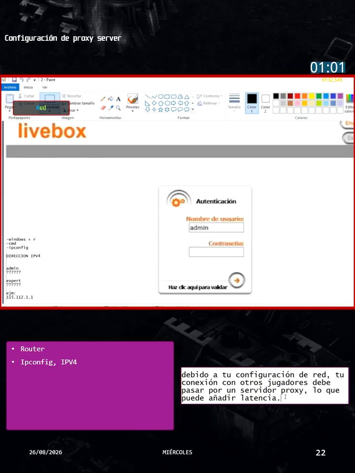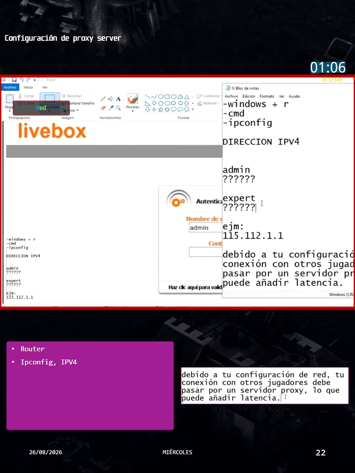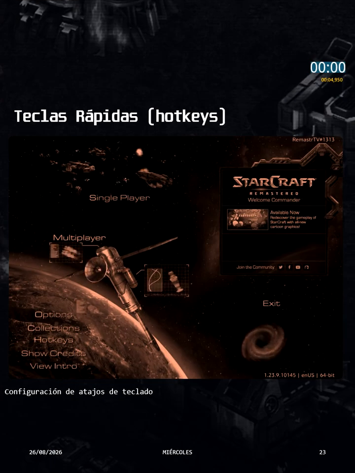Usualmente este punto es un poco más complejo. Aquí tenemos dos opciones, podemos usar admin o expert. Cuando usamos expert tenemos que usar la contraseña que está en la parte inferior o por detrás de nuestro router, la ponemos y entramos. Si al entrar así no encontramos la opción de abrir puertos, porque ahí solo se especifican puertos, proxy y firewall, tienes que entrar como admin. El problema para entrar como admin es que tú tienes una contraseña fijada por la empresa. Entonces